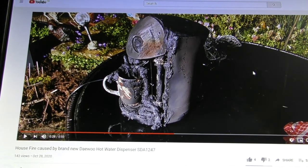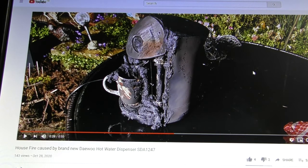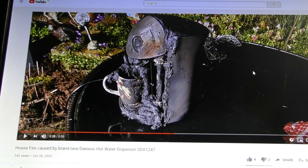So again, what we're looking at here is a Daewoo hot water dispenser. It's a model number SDA1247. It was bought from the Rushden Wilko Stores branch. It was bought on the 17th of June and it remained boxed, unopened until October the 28th,